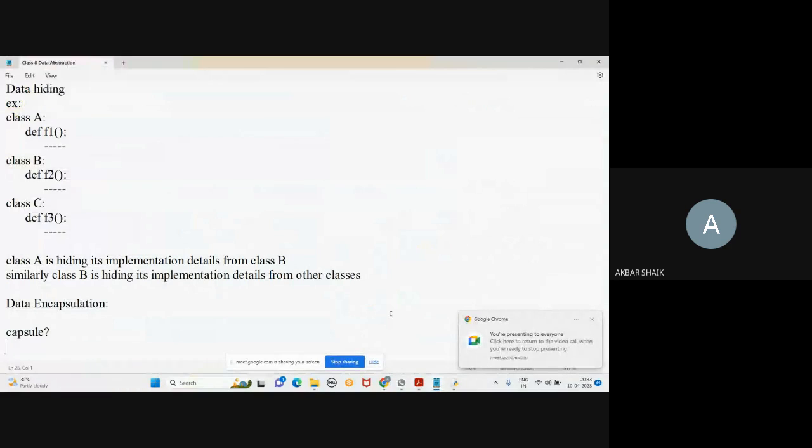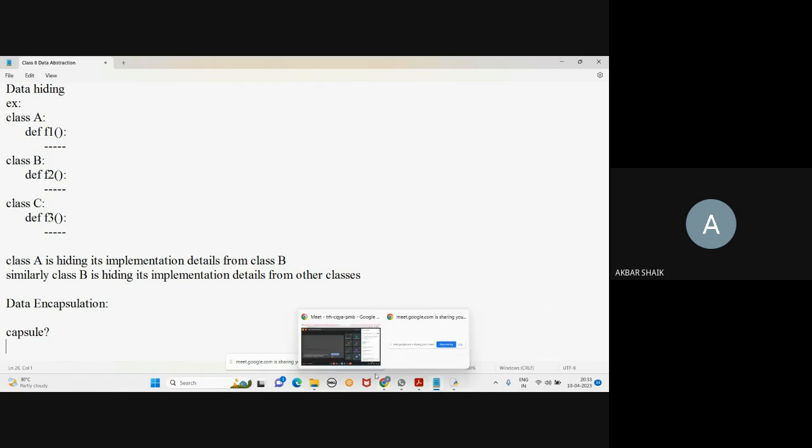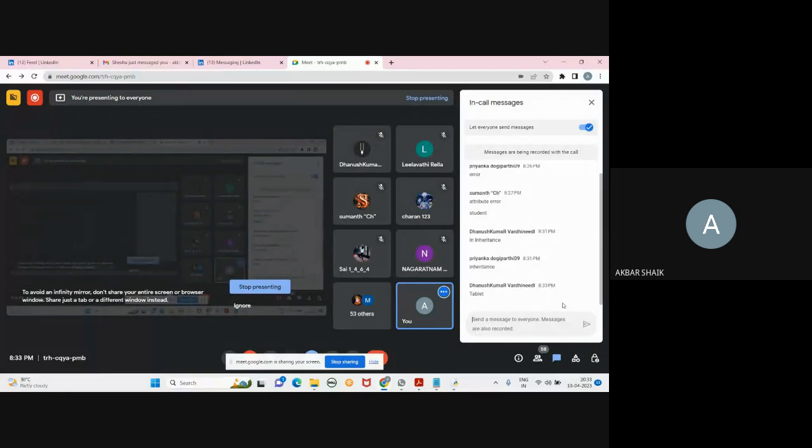Somewhat similar to tablet. Okay. It's not purely a tablet, but there are some similarities between a tablet and a capsule. Anyone knows what is the meaning of this word, capsule? Tablet is different and capsule is different. Of course, there are some similarities, but what do you understand by the word capsule? Because